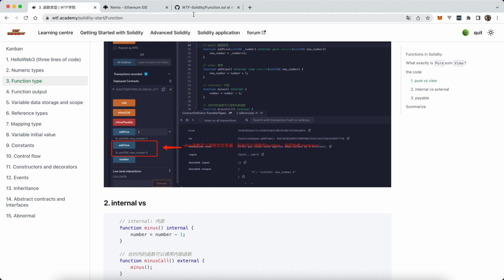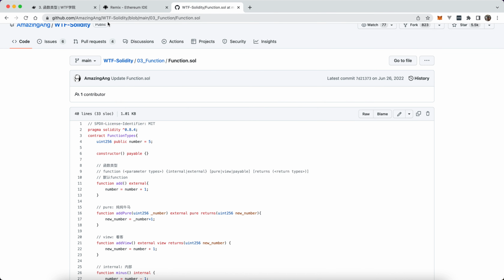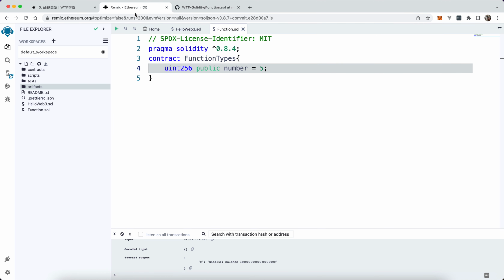Okay, the source code or sample code of this course is on GitHub, so feel free to go to the repository and look into the sample code. And this is the remix. Let's try some functions. First of all,